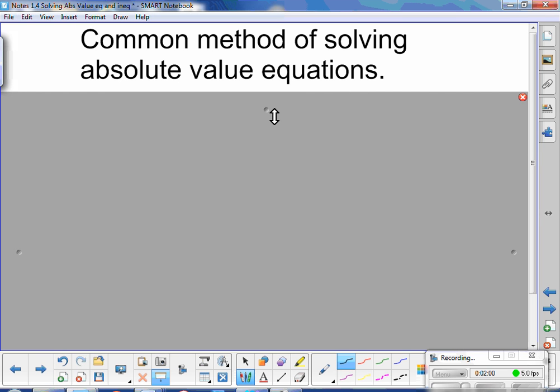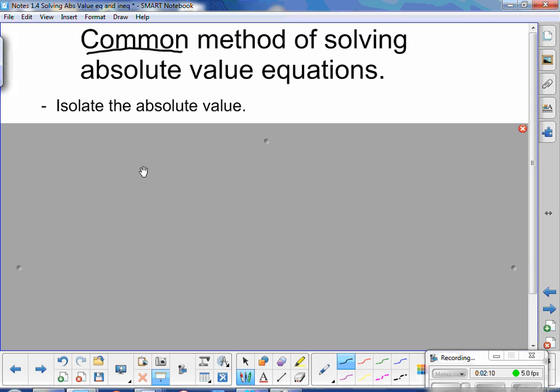Okay, common method for solving absolute value equations. I say it's common because this is not the only way to do it, but this is one way to think about it that I'm showing you guys. The first thing is you isolate the absolute value. If you have absolute value bars, and then there's all kinds of stuff going on outside, like a 7 there, or a 2 there,